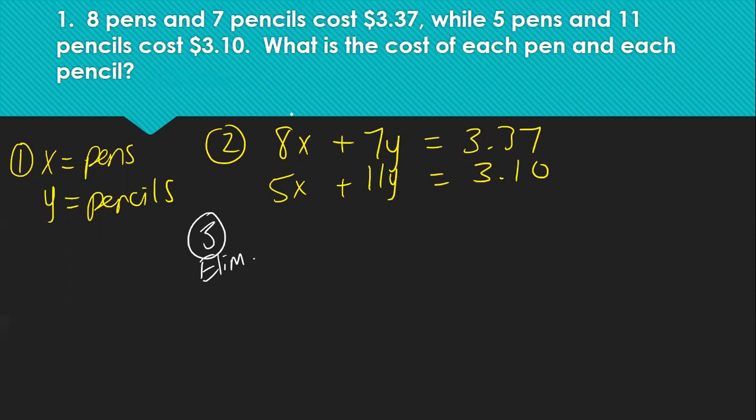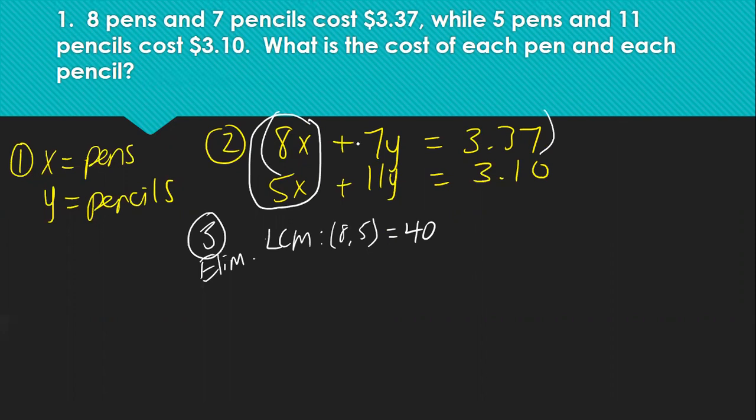All right, so we're going to eliminate our X's. What is the LCM of our 2 X's? What's the LCM of 8 and 5? 40, right? 40. Okay, so that means the top equation is going to have to be multiplied by 5. Agreed? And the bottom is going to have to be multiplied by -8, because one needs to be positive and one needs to be negative. All right. So our new equations are 40X,